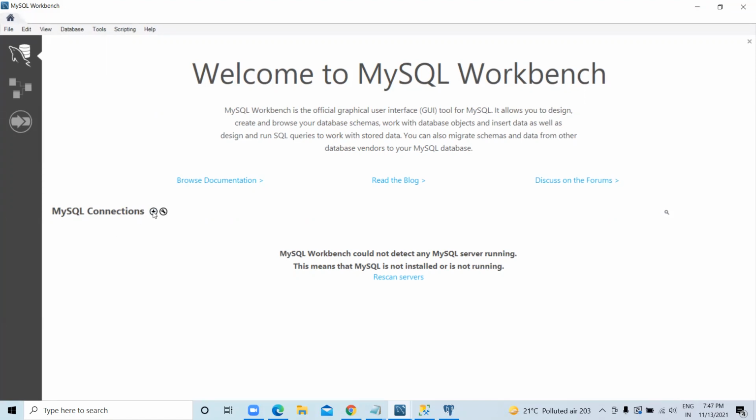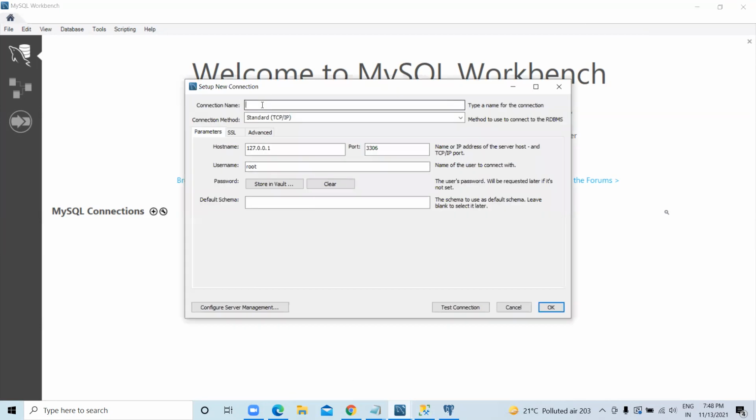Just wait, it's opening. Okay, here it's open. Here is the connection name. Click on the plus mark, it will open Set Up New Connection. Your DB name, database one or some other name, whatever name you want, you have to enter your database